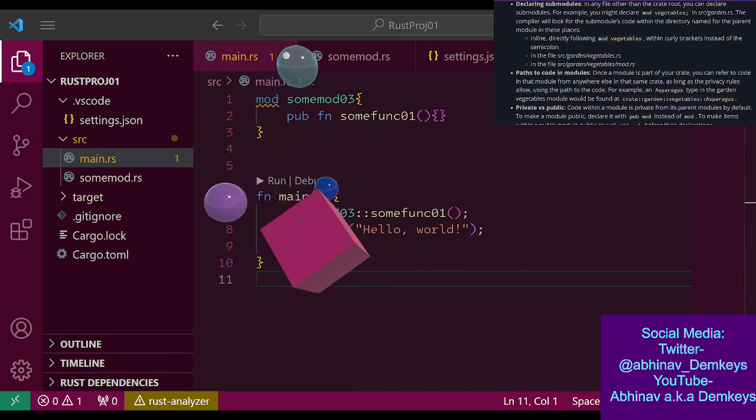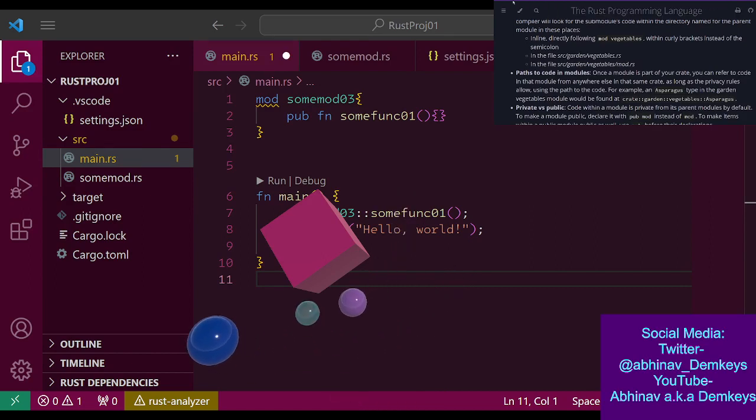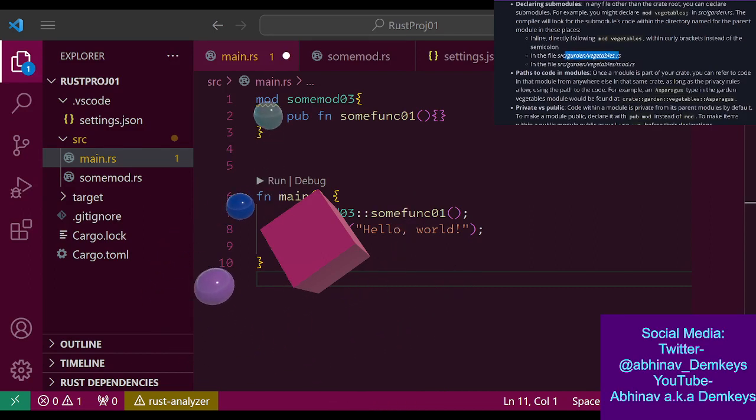Okay. So does this mean that if we are following this second workflow, every module would have to be in a separate file? I'm going to have to test that out. All right. Next, paths